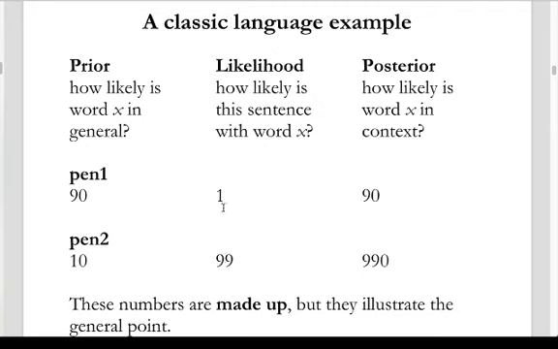So here I've given them a factor of 99 to 1. Of course, in real life it might be substantially higher than that, but the point stands even if the numbers are made up here. Right? So these don't need to add up to 100. All they need to reflect is that it's more likely to hear a sentence like, I put the animals in the pen, if we're talking about an animal enclosure, than it is if we're talking about a writing implement. Now, what does Bayesianism tell us about adjudicating between these two different possibilities, these two possible words? Well,